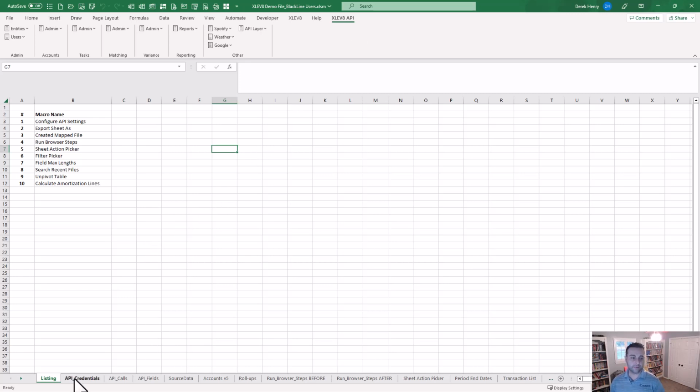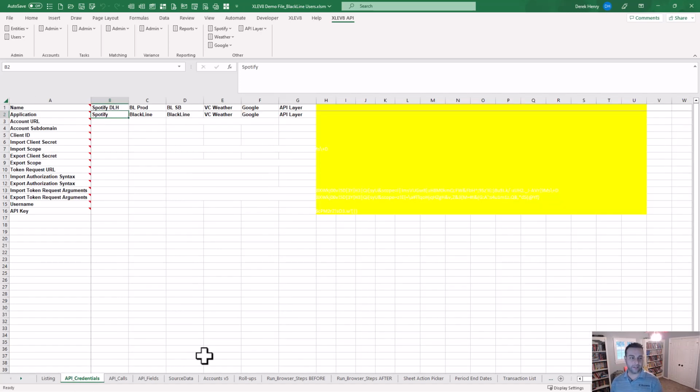Now, when you set this particular one up, when you run the macro configure API settings, it's going to open up a new workbook where you set it up and you're able to say, what is this thing that I'm going to use? What is the application that it's going to connect to? And then any of the credentials. Some of these are applicable, some aren't. It really depends on the nature of the application and what their needs are. You'll almost always have an API key. You're almost always going to have some kind of URL that you connect to. And in everything else, it's really just following the directions of that particular API's